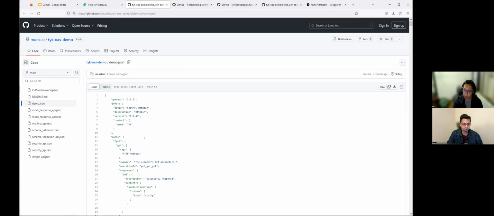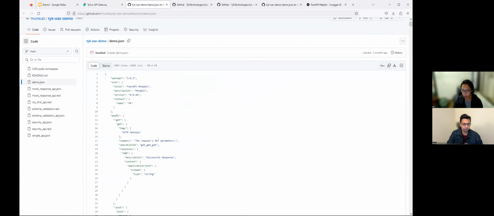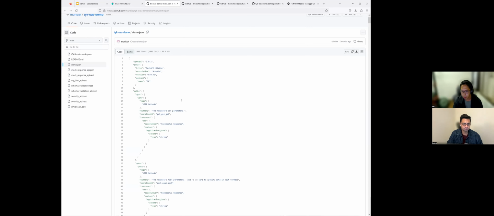It's linked to a very popular backend called HTTPBin. You can see that from what Buddha has shared. A sample OpenAPI specification contains multiple sections, multiple components. You get the path.